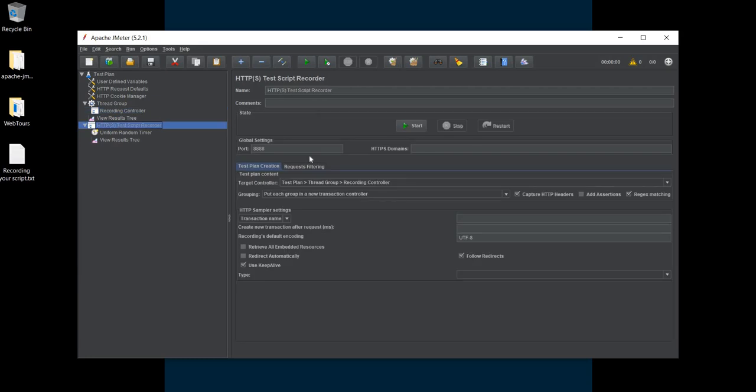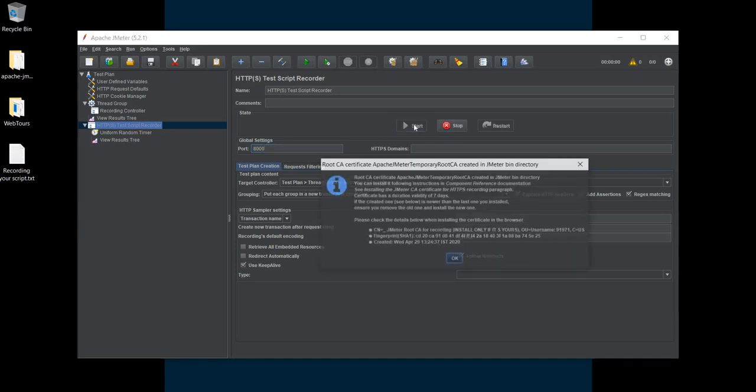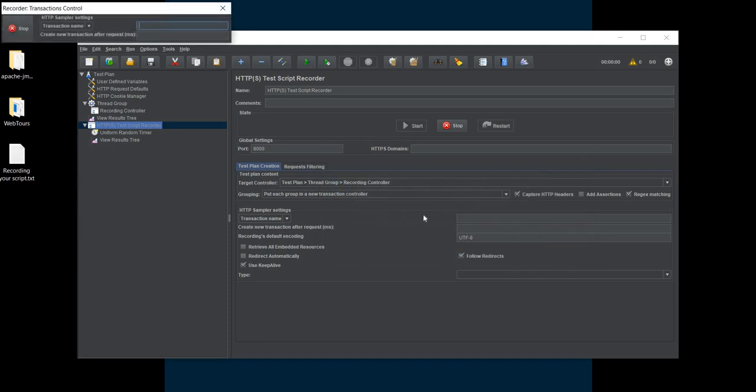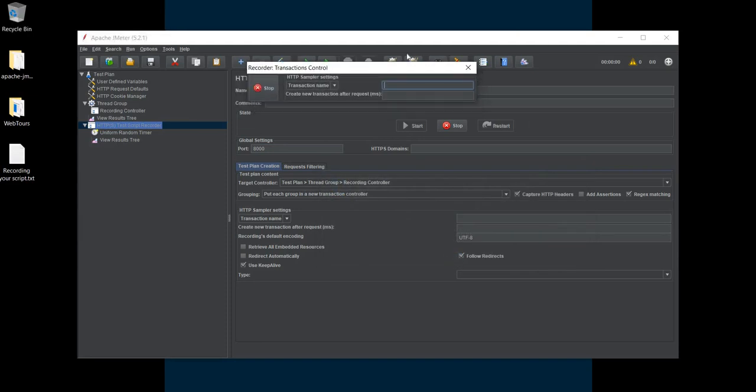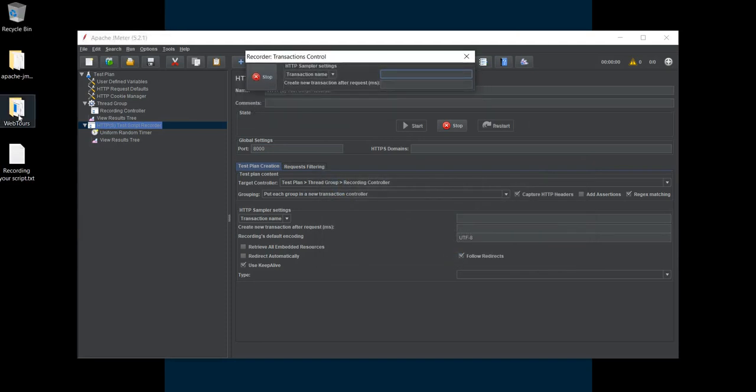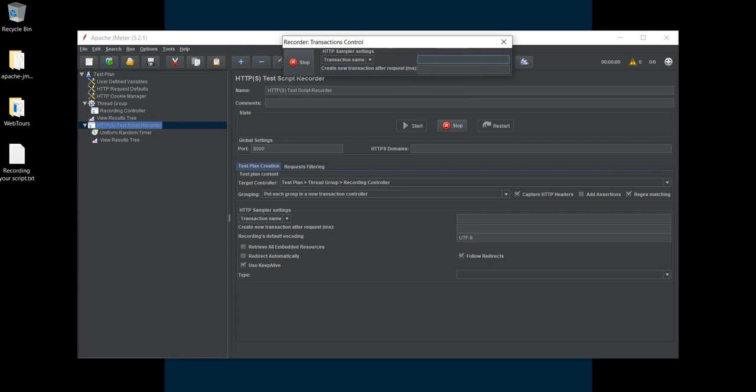This is the recording controller, and you need to change the port to 8000, and you need to start the server. So this is what you are creating, another server. Now you have two servers on your machine. One is the HTTP Web2 server, which is listening on port 1080, and another server is the Apache server, which is listening on port 8000.